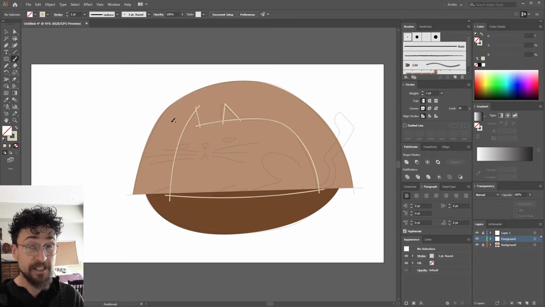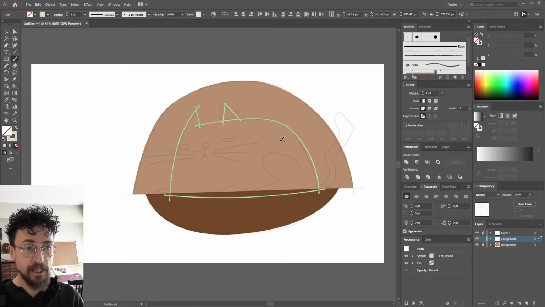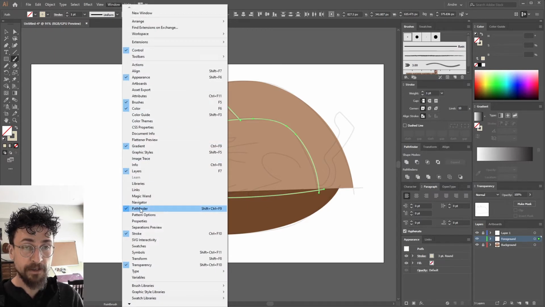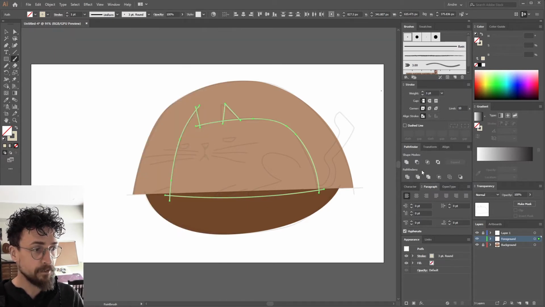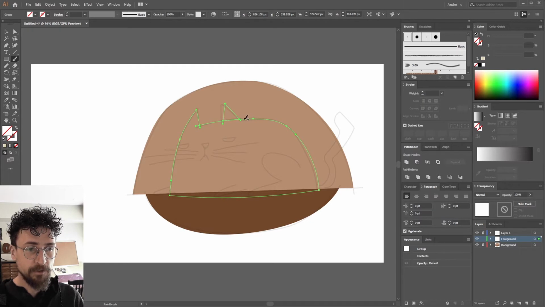So now we can turn this into one object. And the way that we do that is with the Pathfinder palette. So we're going to select all of these lines of our cat. And if you don't see the Pathfinder palette, again, you have to go to Window, Pathfinder, and that'll pop up on the side over here. So the Pathfinder tool that we want to use is called Divide, and it's over here. And if we click Divide while we have all of these shapes selected, it's going to turn them into flat